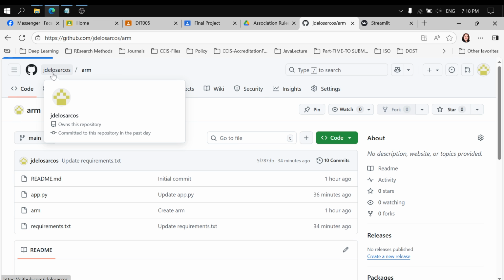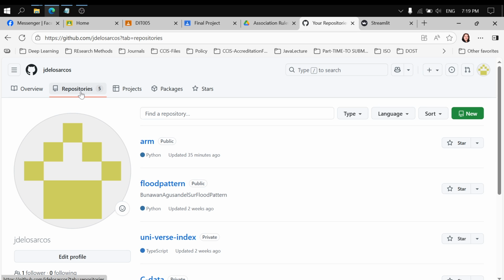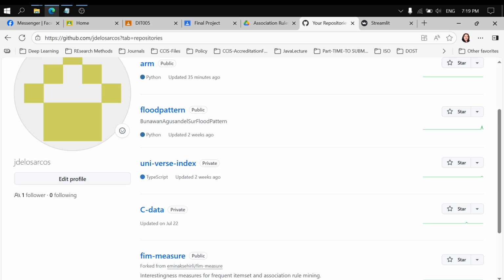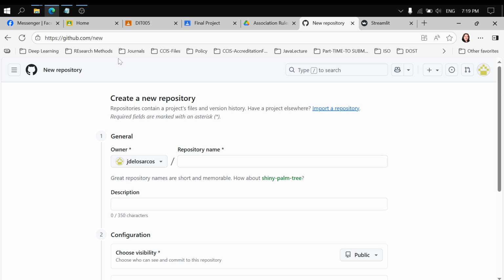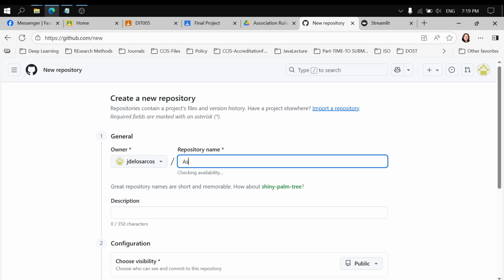So under your GitHub account, you are going to create a new repository. So under repositories, I already have 5 repositories here. So I will add a new one, and to create a new one is as simple as clicking New, and you will know that you are creating a new repository. So this time I would like to spell out the whole name. So association